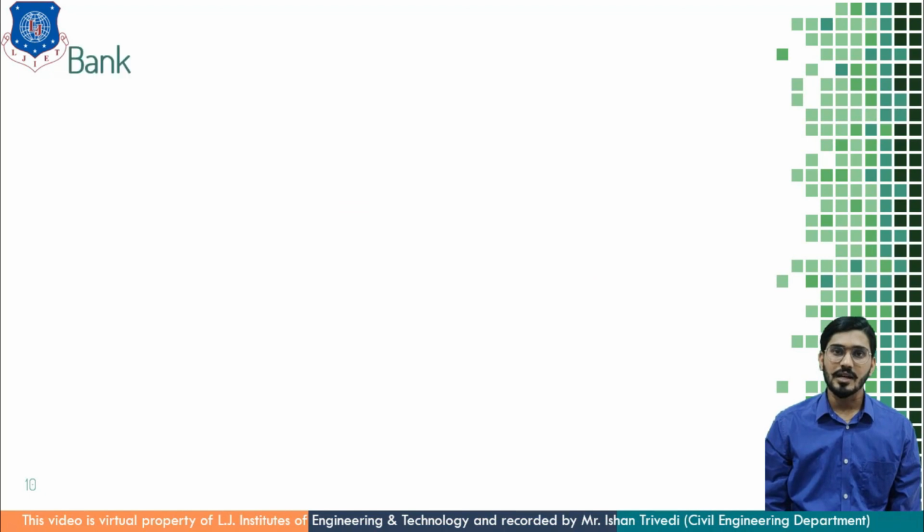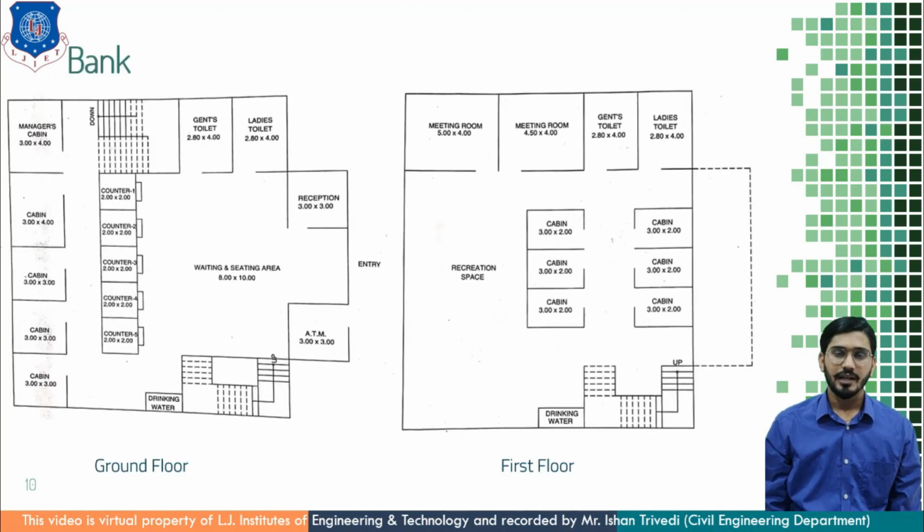So let us have an example of a bank. Here I am giving you the example of a two-story bank where a number of facilities are given, so you can understand how these dimensions and all these regulations of activities can be done. So first of all, at the entry you can find the ATM, and as you enter the bank you will find the reception.